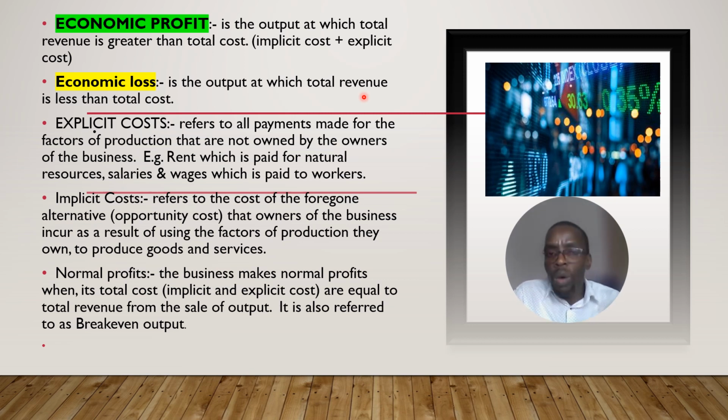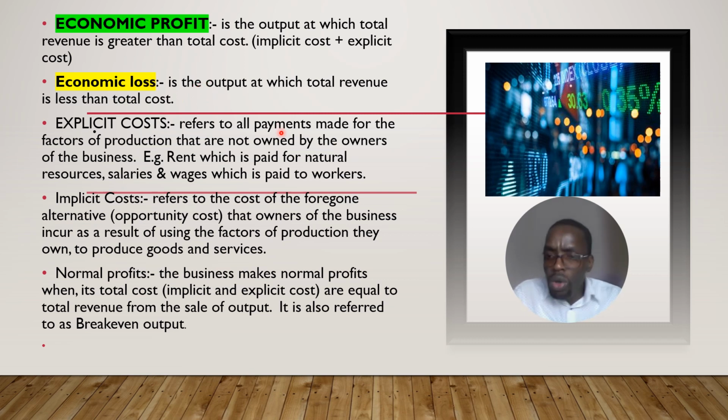And now when we talk about economic profits, learners, what we are saying is economic profit is the excess of total revenue over the total cost. And our total cost in economics is going to be made up of both implicit cost and explicit cost. Okay. Right, and then we also have the other term that we need to define here, which is called economic